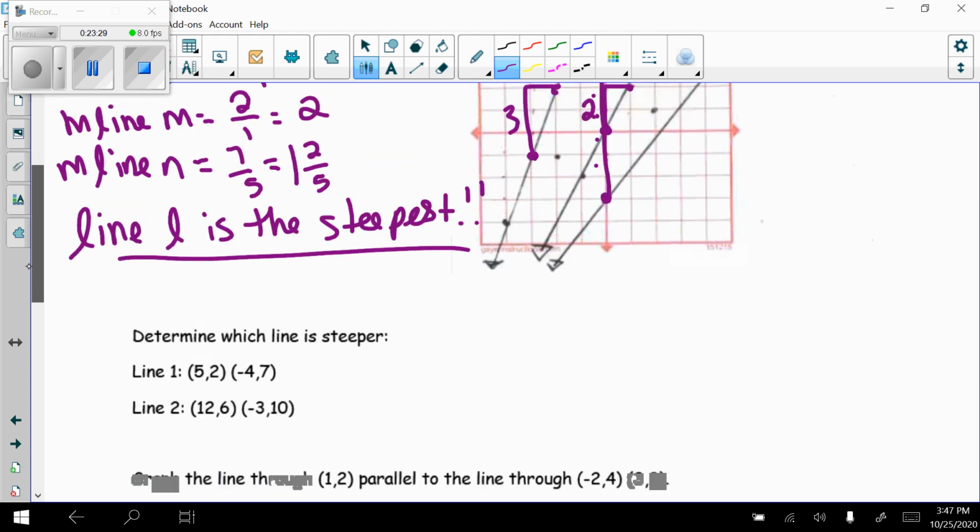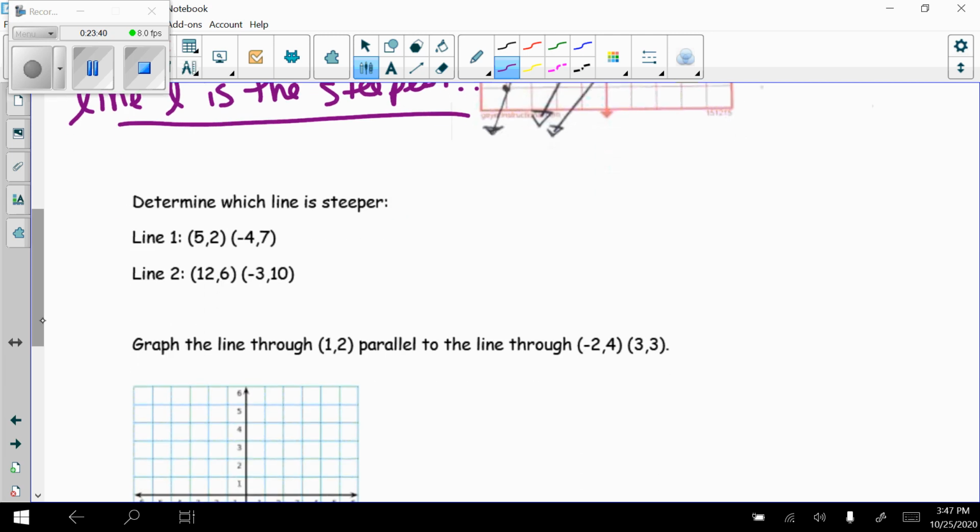All right, so in that example, they gave us a picture of the lines, but they might not always do that. So the next example, we're going to look at determine which line is steeper, but this time they don't give me the lines graphed. They give me the points. I know how to find slope given just points. I use my formula. So the slope of line 1,